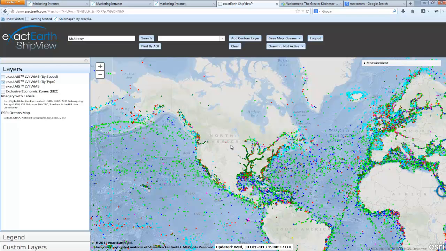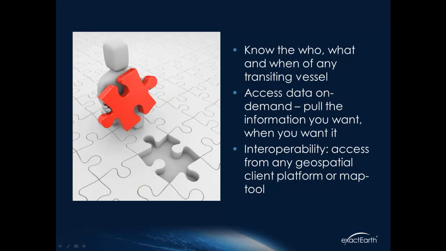And I hope everyone's seen there how easy it is to ingest these web services really within any type of geospatial platform.